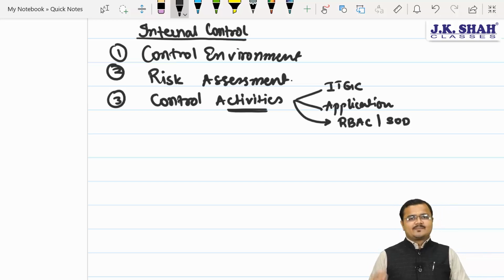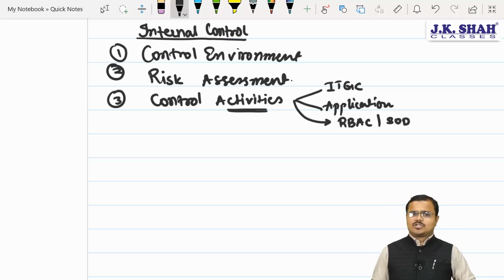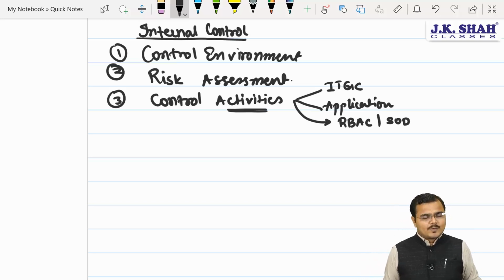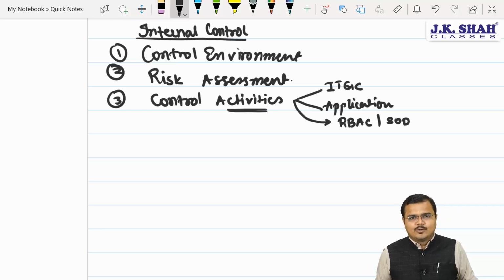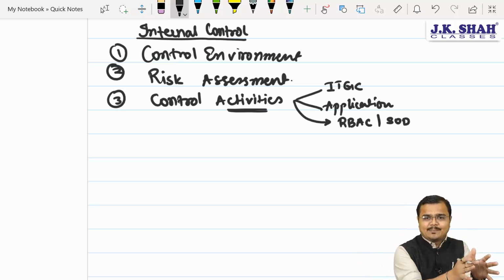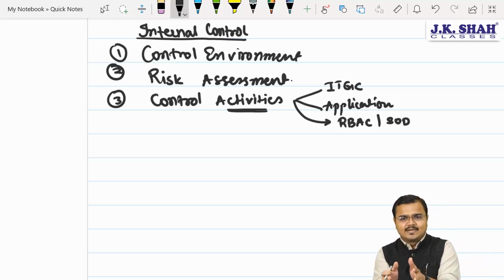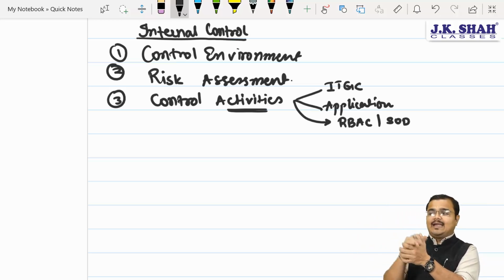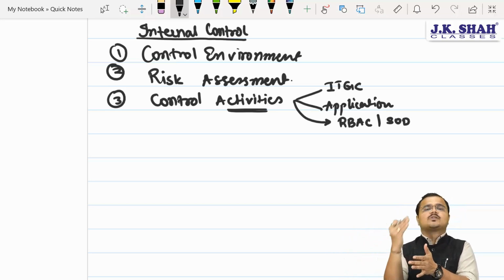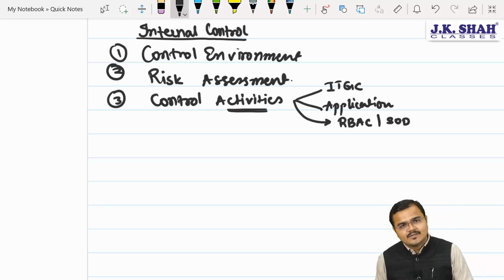So control activities basically cover how many areas? Sir, three important areas. Number one, it's ITGC, which is also called infrastructure control, chartered. That's the information technology general controls. Second, sir, obviously application level controls we need to design in order to make sure that our applications are accepting the proper input from the user, processing the data as per the predefined standards, and generating the output and delivering the output to the authorized user only. Agree? 110%, sir, we completely agree with you.